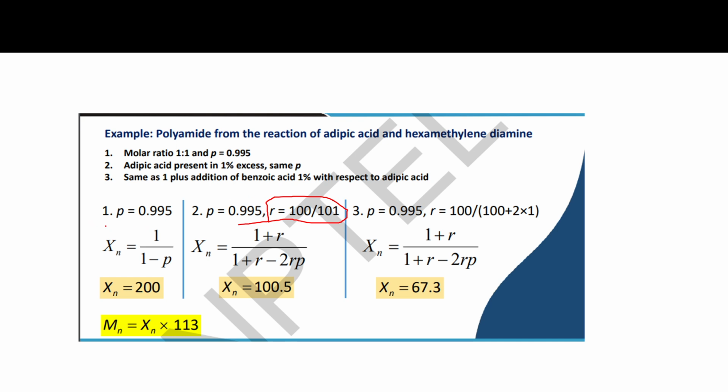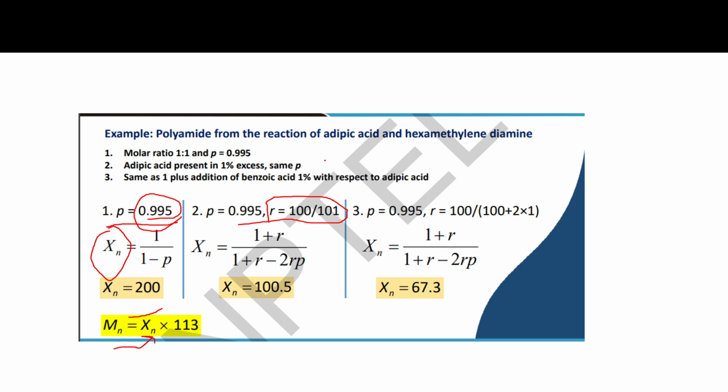In the first cases we had, R is almost 1. So from that, using the Carothers equation, we can calculate the degree of polymerization. The degree of polymerization will be 1 by 1 minus P. If the percentage of conversion is around 99.5%, we can calculate the degree of polymerization of that molecule. Once we have the degree of polymerization, we can calculate the molecular weight by knowing